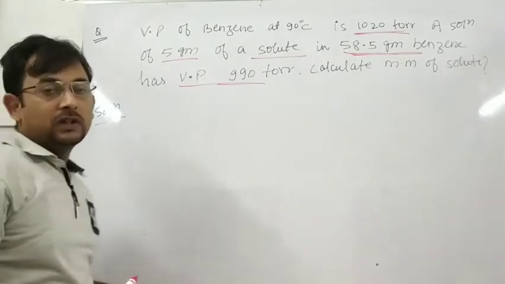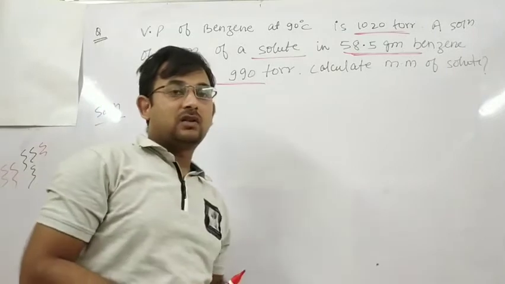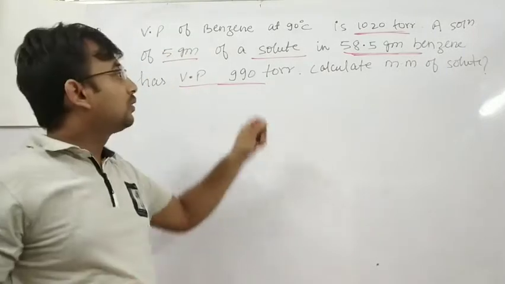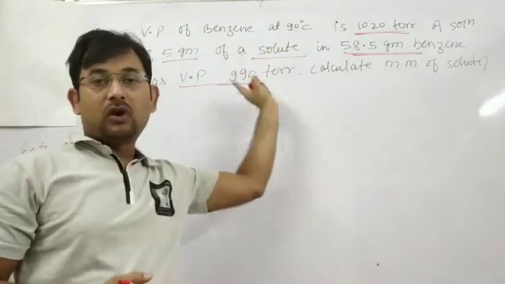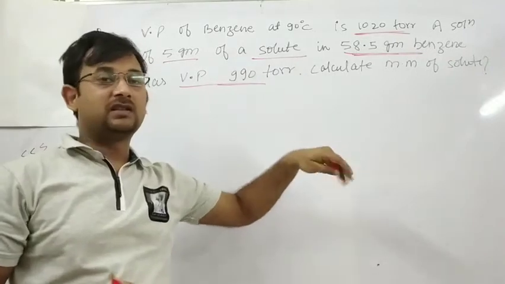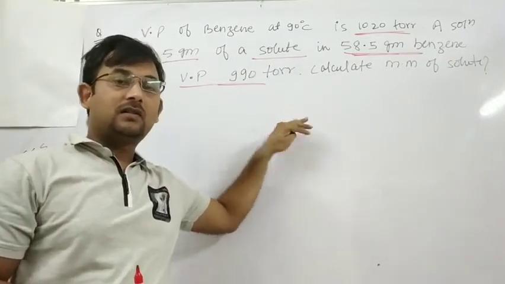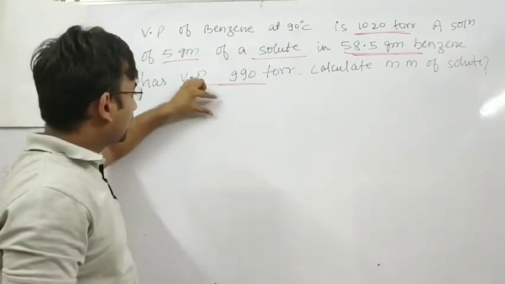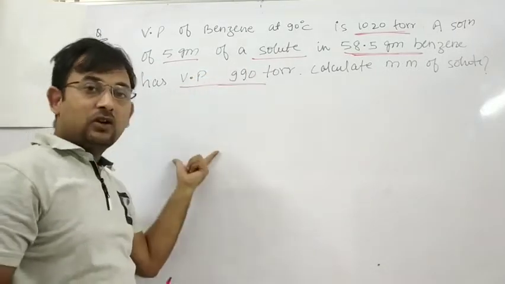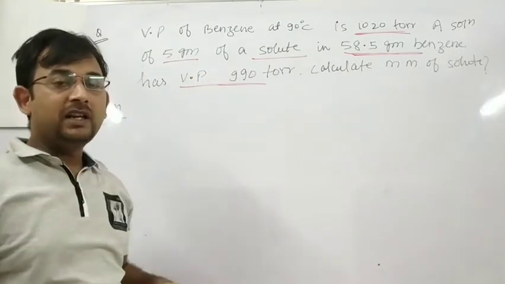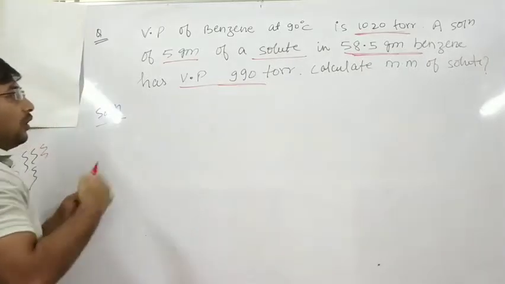I already told you that whenever we solve numericals based on this chapter, we don't need to convert this pressure term from torr to atm or torr to mmHg. Keep it as it is. We are taking the numerator in the same unit and the denominator in the same unit, so automatically it will cancel out. So you are not supposed to always convert this.